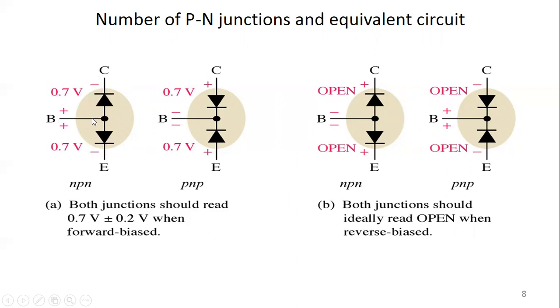While base is P-type material, so this triangular portion represents the P material as well. So a PN junction is formed between base and emitter, while a PN junction is formed between base and collector. In order to turn these junctions on, that is the base emitter junction and the base collector junction,